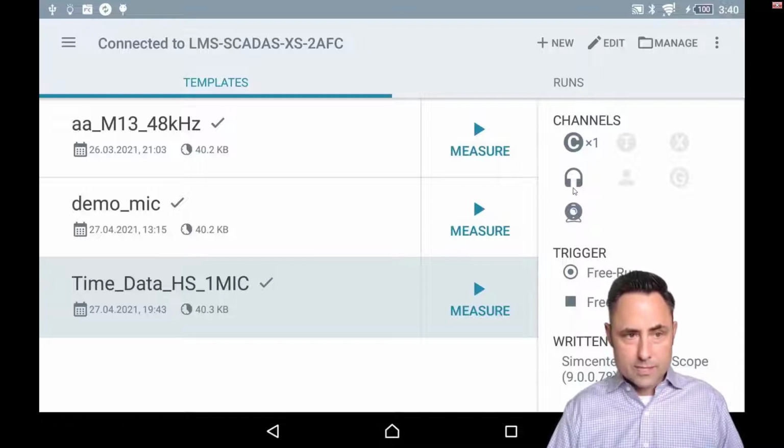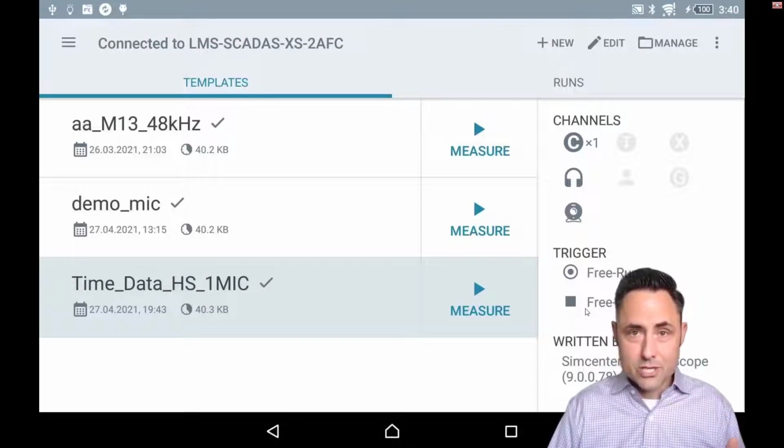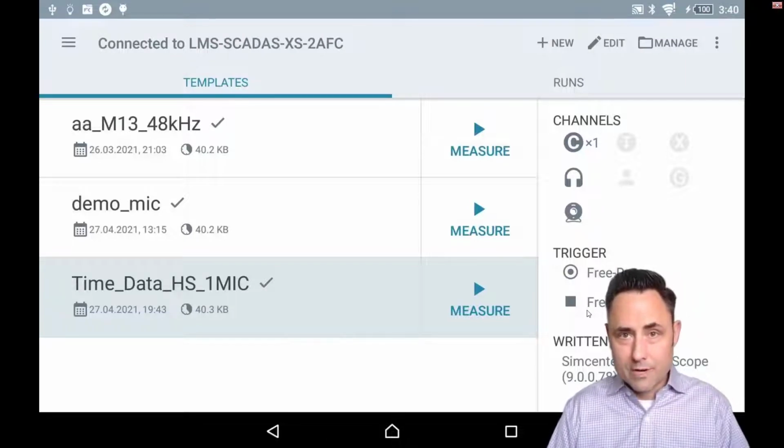It's one channel plus a headset plus a camera, and it's free run to start and stop. Now I am ready to go anytime some last minute data acquisition emergency situation comes up. I can grab my XS, use this template, and I'll be able to acquire some time data.